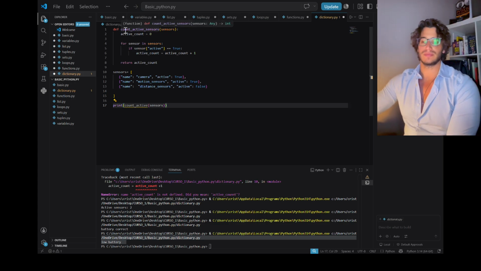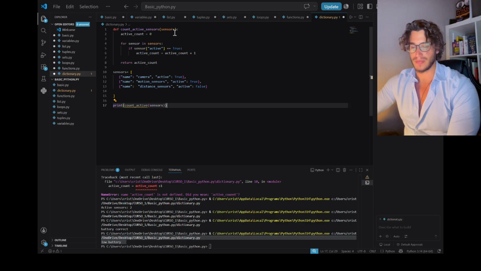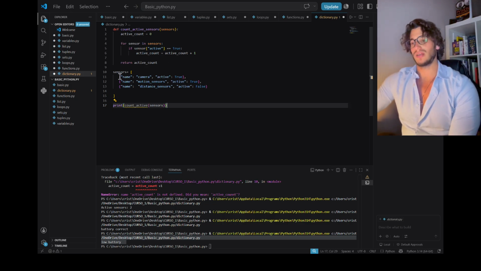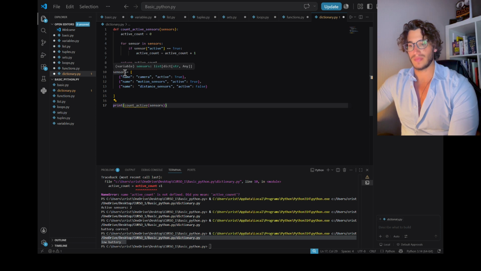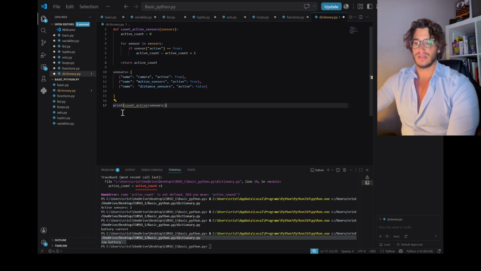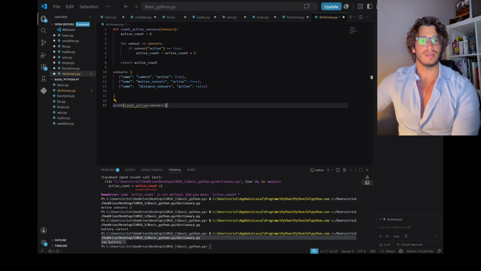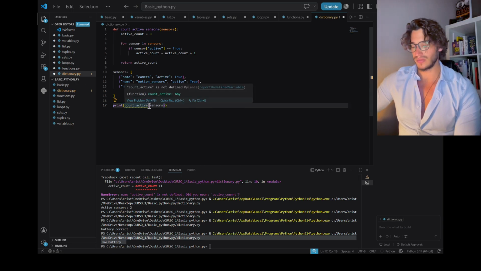We have a definition with a parameter, and we created here everything we want to do, and then we created a list of dictionaries called sensors. So here, let me check, active, yeah. That is wrong